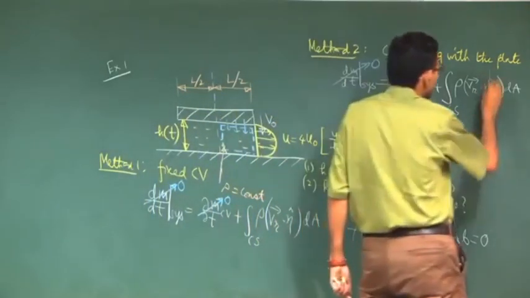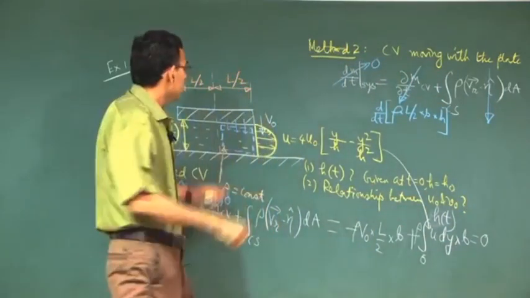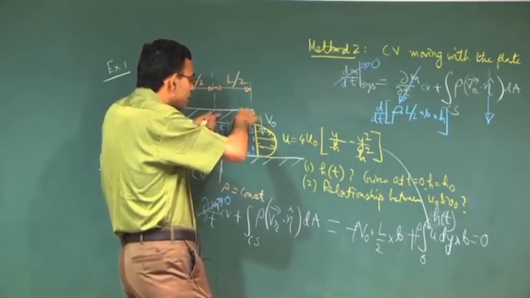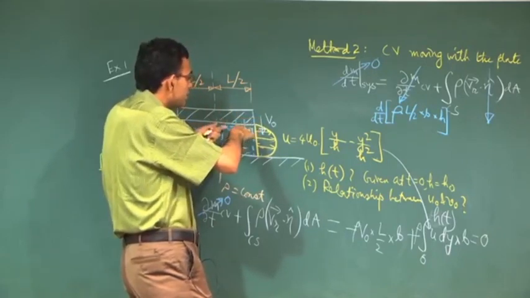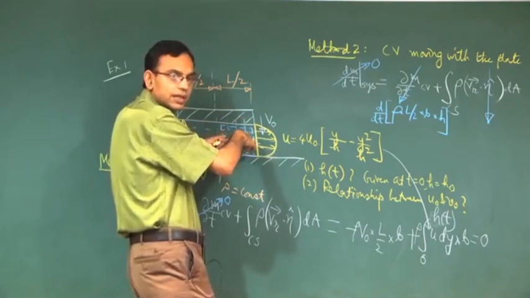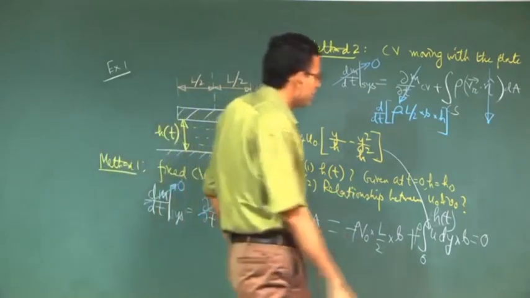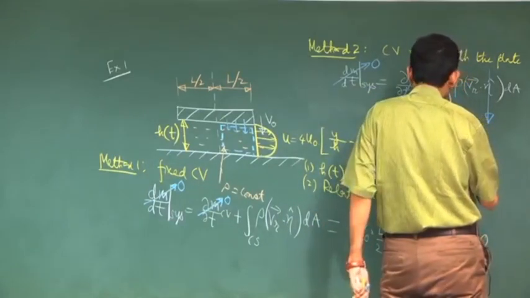And here there will be only outflow but no inflow, because the control volume is moving with the plate. Relative to the control volume, there is no net flow which is flowing in, right. So it will be just rho